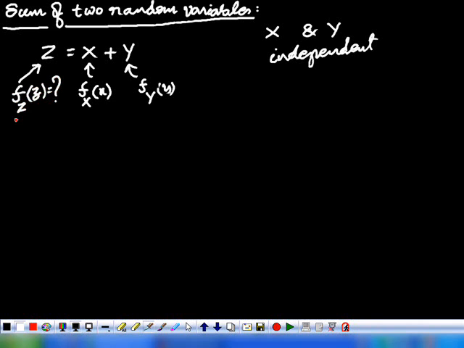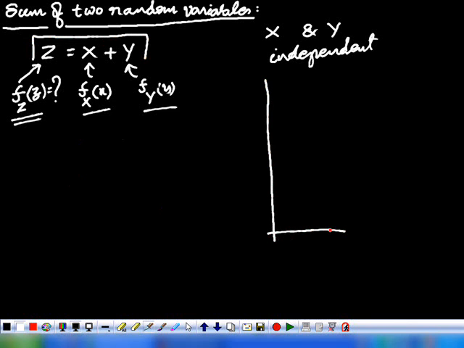What is the relationship between the density function of Z, and the density functions of X and Y, given Z is the sum of the two random variables X and Y? So we try to derive an expression for fZ(z) in terms of fX(x) and fY(y). For that purpose, we take